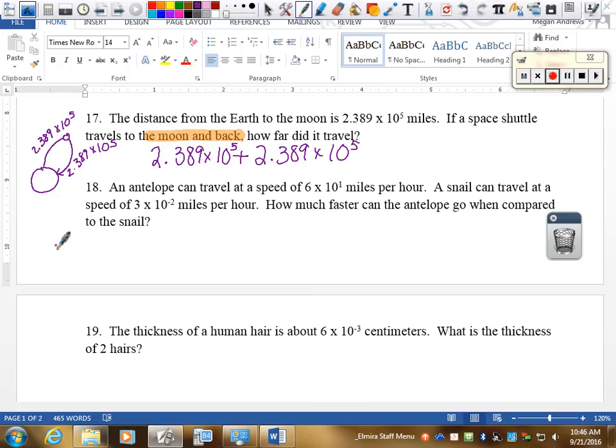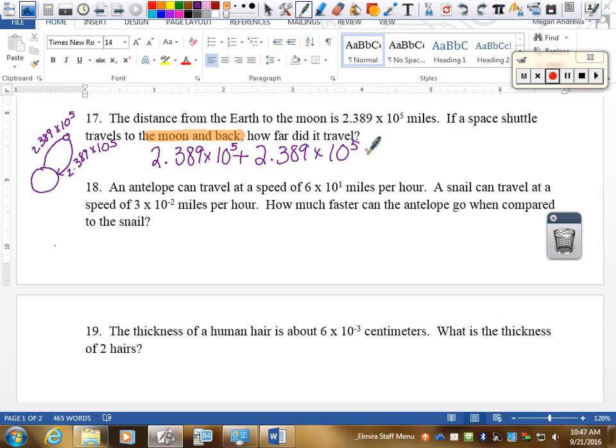So then I can type it into the calculator. I can use any of the strategies that you learn in class. And your calculator is going to